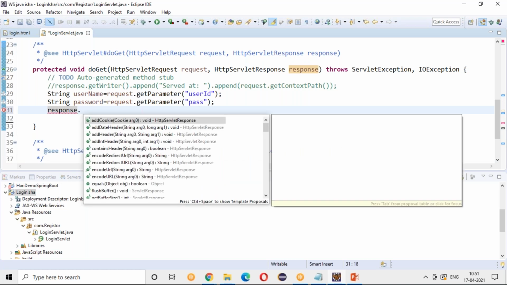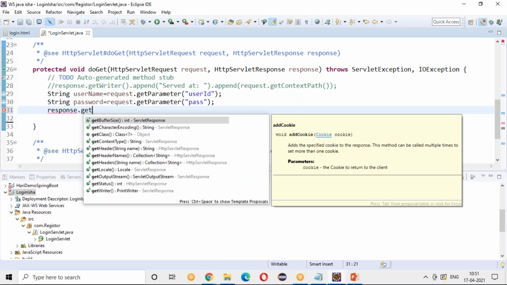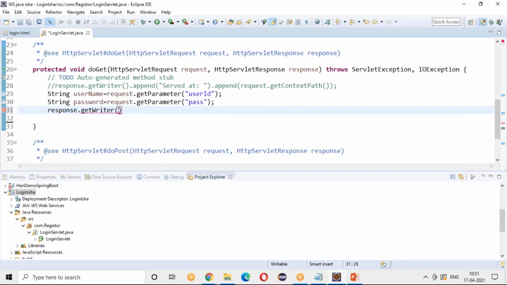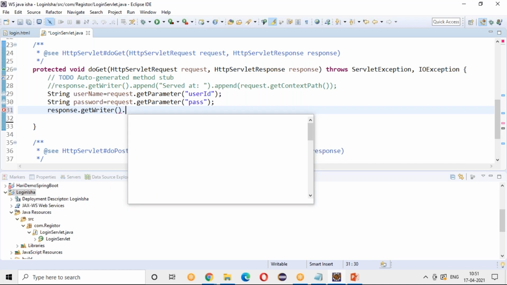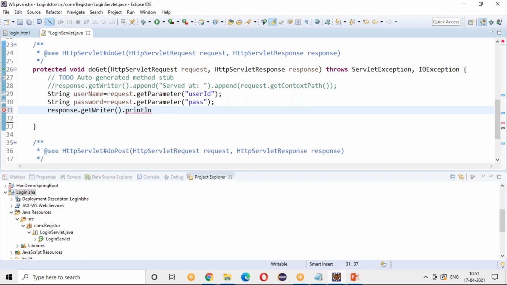As of now I'm just sending the same user ID with some hello text. Response will have a method called getWriter, which will return me the PrintWriter object. That PrintWriter object has a method called println, where I can send the data.